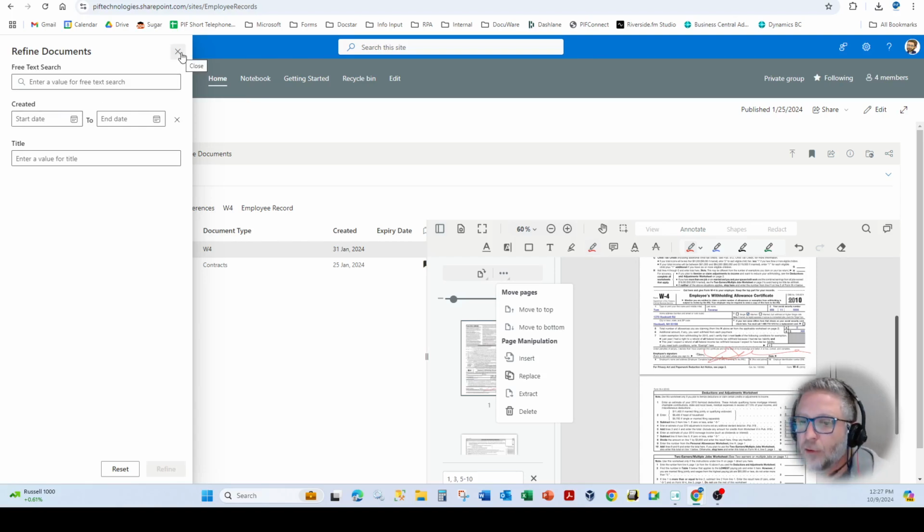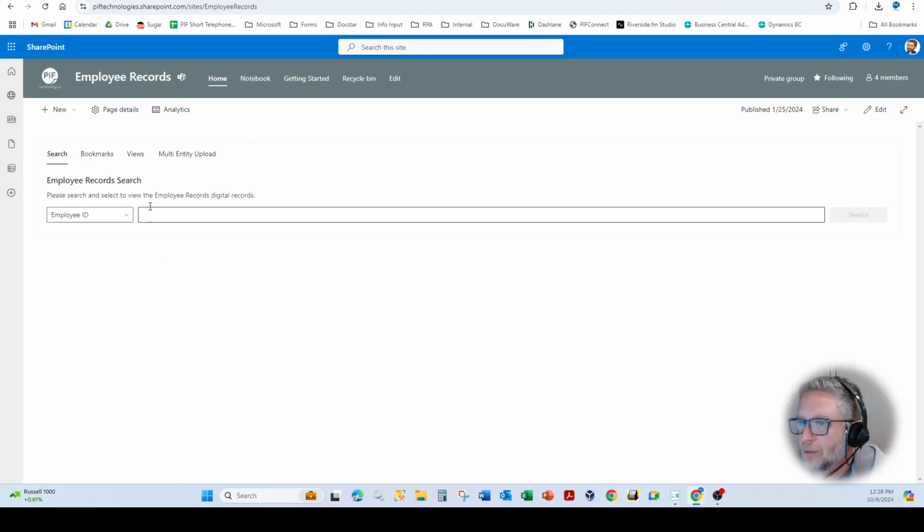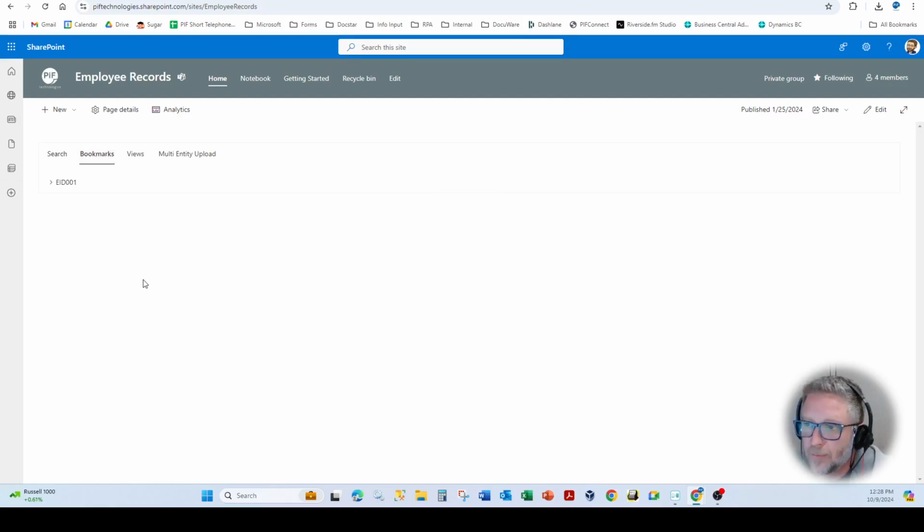Using the indexer option for Encodian, we can make all incoming documents text searchable. And if there are any documents that are already in SharePoint, we can actually go in and do a post process and add that text layer for them. If you hit reset, it just brings you back to the root page here, and you'll notice we have our bookmarks where if we wanted to get to one of those favorites, we can easily see that direct deposit form